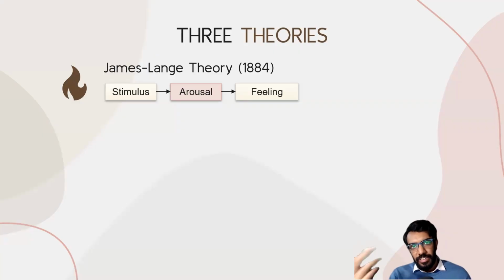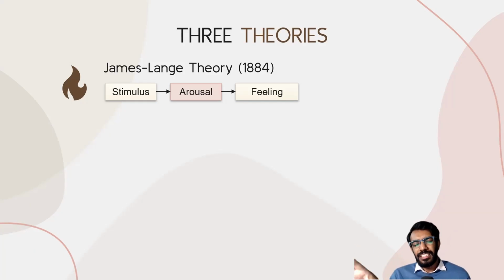So this lasted for a very long time, and even now there are a lot of circumstances where it is shown to be true, right? For example, you have an upset stomach, you eat something bad. Now we know for a fact, although later this theory was refuted and now we're coming back to it, that you eat something bad, something goes wrong in your stomach, and because of your gut-brain axis, this physiological sensation is carried to the brain and you feel bad or you feel upset or whatever, right? So in this condition, the arousal is what is causing the feeling.